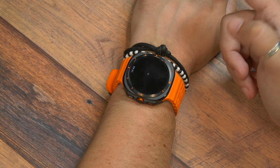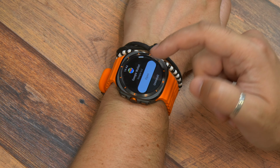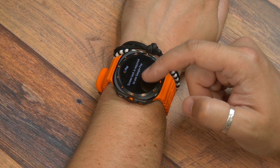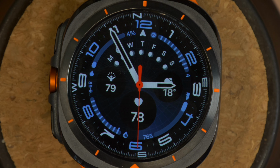You can set up Google Pay or Samsung Pay to make contactless payments from your wrist, and you get a lot more interaction with your notifications and messages, and integration with Google Maps for navigation. In terms of those lifestyle features, it's just got a lot more of them. There is a limitation though, it only works with Android phones, and some features only work if you have a